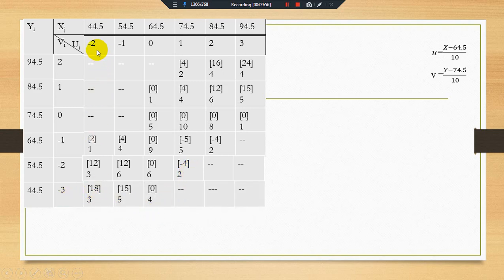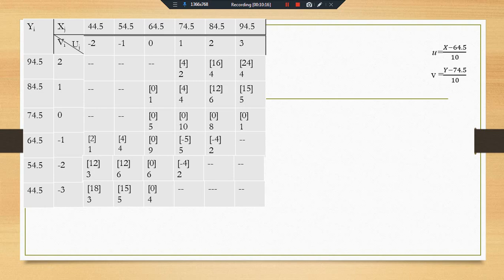Okay, the last one, 3 multiplied by 3 and then minus 2, we get plus 18. Minus minus will be cancelled. 3 multiplied by 5, we get 15, and then minus 1, we get plus 15. 3 multiplied by 4 and then 0, we get 0. Okay, this is the simple multiplication